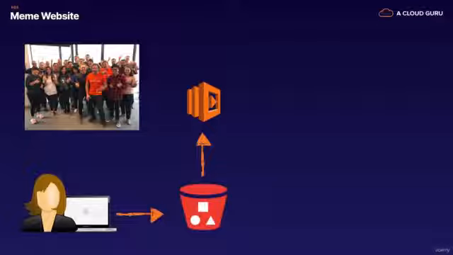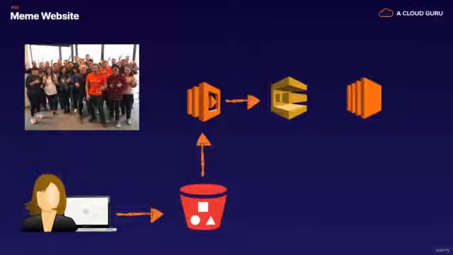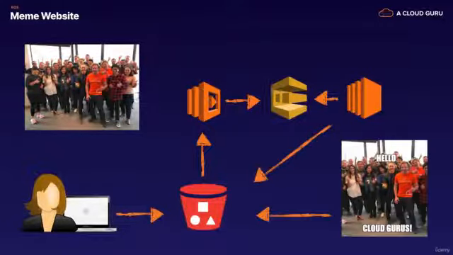So this lambda function might take that S3 image, and it might say, hey, we're going to write a bit of text over this image, and the text is as follows, and it will store that text in SQS. So SQS has that text, and it might be something like hello Cloud Gurus. And then you've got an EC2 instance, or this could be a fleet of EC2 instances behind an auto-scaling group. Those EC2 instances will poll the message queue and look for work. And essentially, they'll intercept that message, and they will create a meme. So it will be hello Cloud Gurus, and then it will store that meme into an S3 bucket.